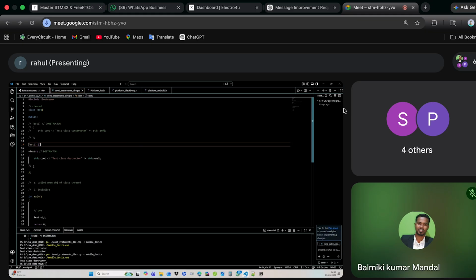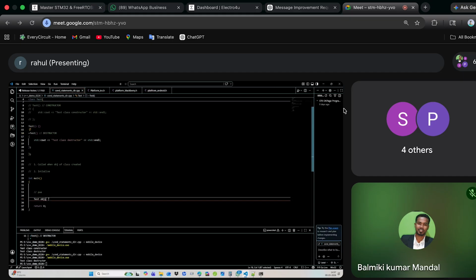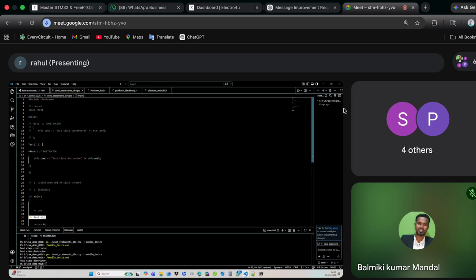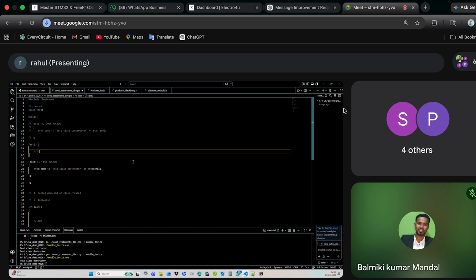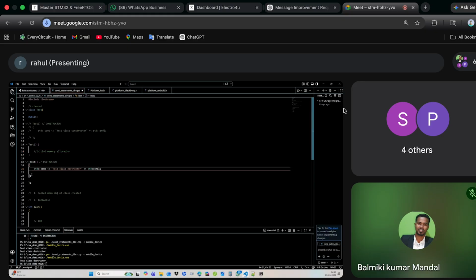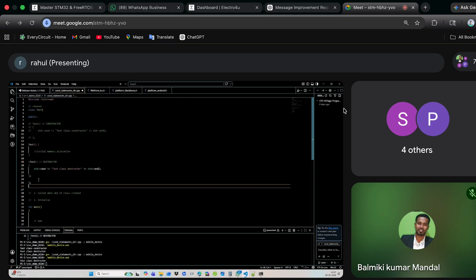And the purpose of the destructor is to remove the unnecessary memory. Once we have completed this execution, we don't need the memory held by the constructor. Generally, the constructor will initialize memory allocation and the destructor will remove that once the scope of the class is completed.